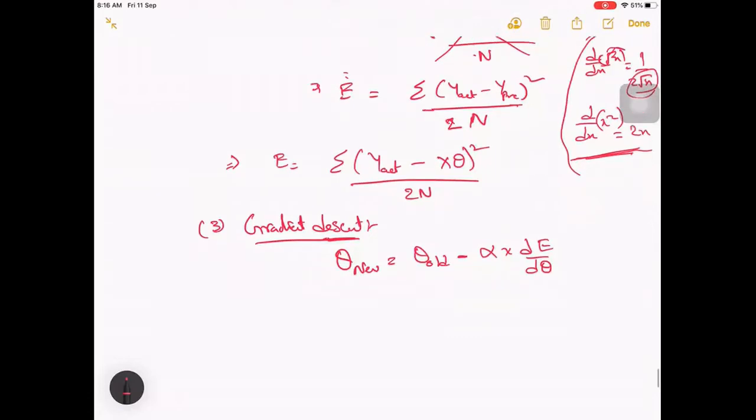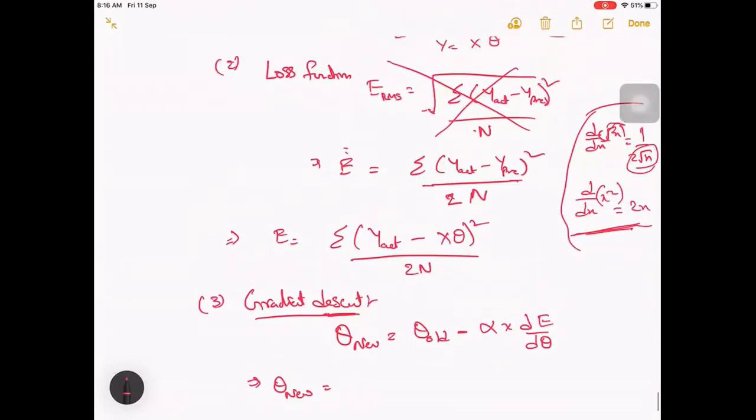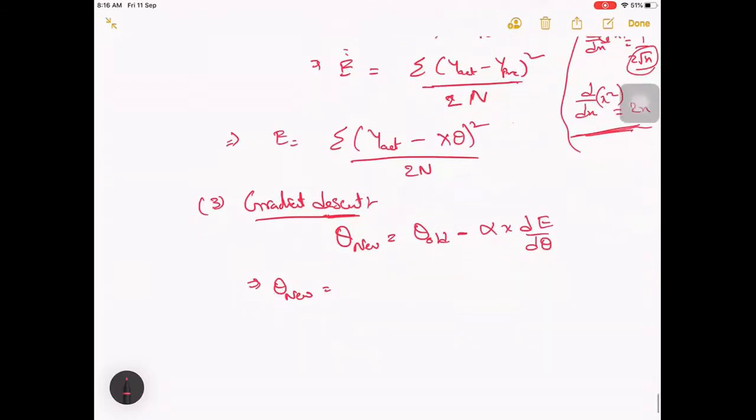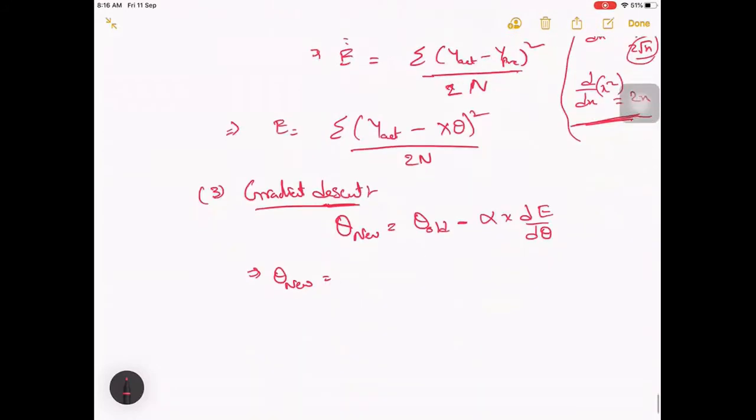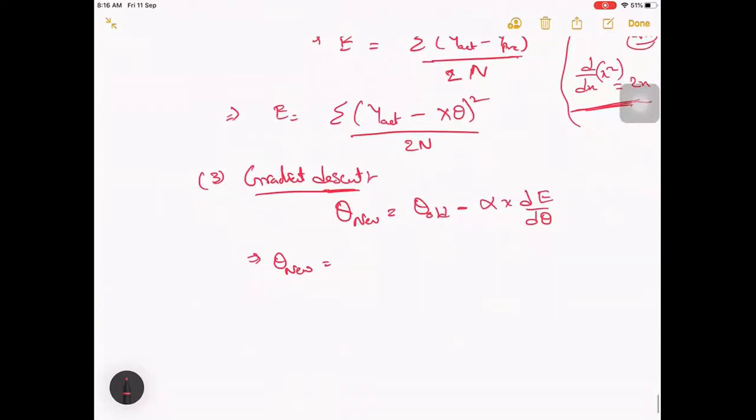Let's do the calculation part. Once we do the calculation, what will remain is to implement in our code what we have calculated. That would be enough. We don't have to do all this computation in code. If we implement the final result that we get, then it would be enough. Okay, let's do that.